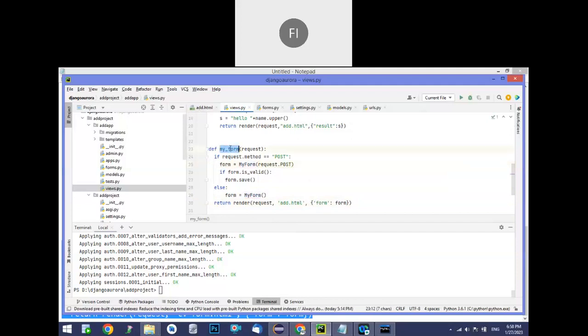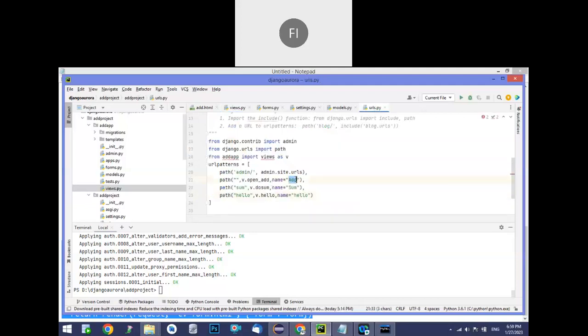That's all. So this is all about what our intention is to perform here. Okay, and now finally we have to inject my form as part of our application. Then automatically it will come back, I mean, open the respective add.html. That is the idea. So for that, I'm going to urls.py, and here